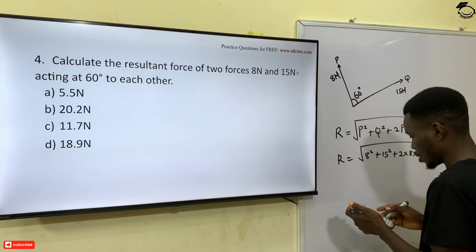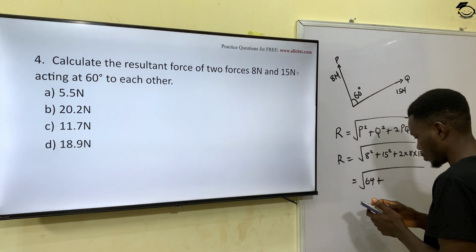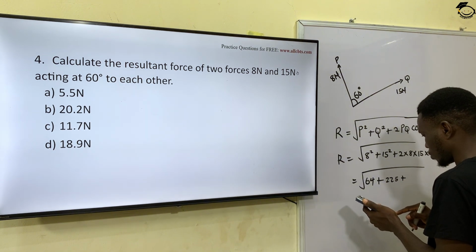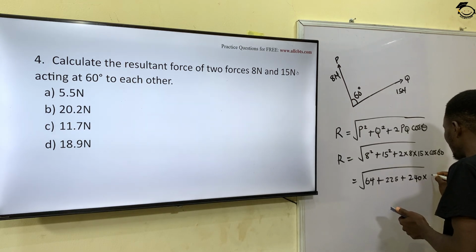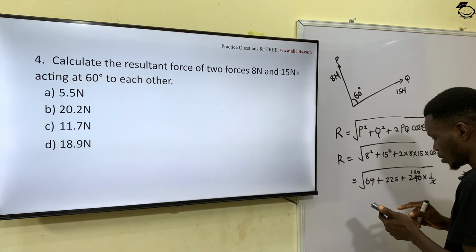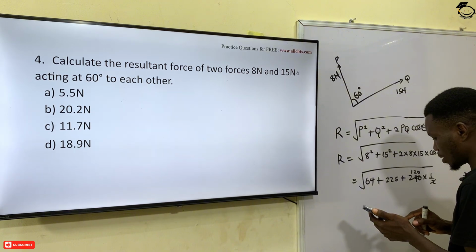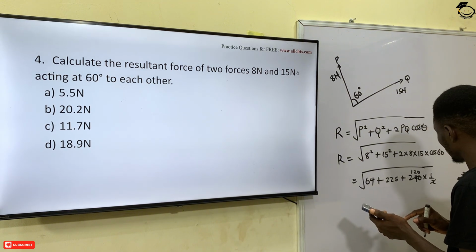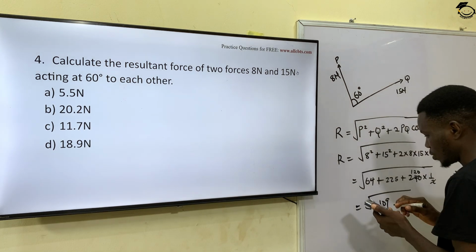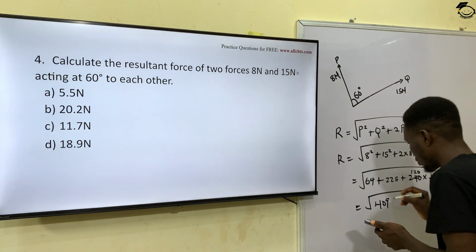So that will give me the square root of 64 plus 225 plus 240 times 1 over 2, because cos 60 is 1 over 2. So this will cancel this, and I'll have 120. So that's the same thing as saying I have 64 plus 225 plus 120. So that will give me the square root of 409. So if I find the square root of 409, that will give me